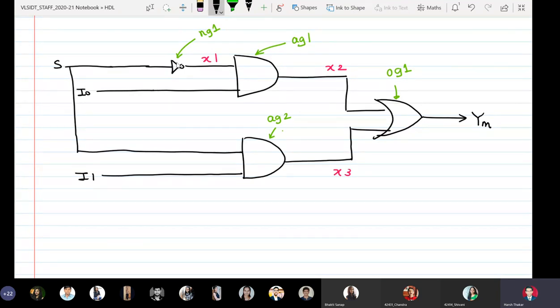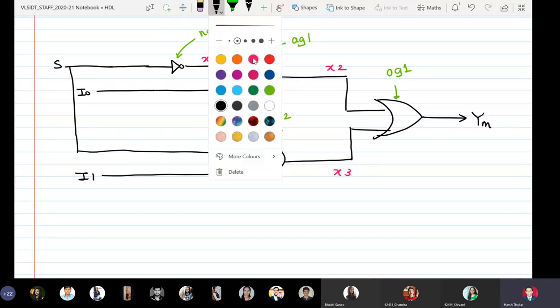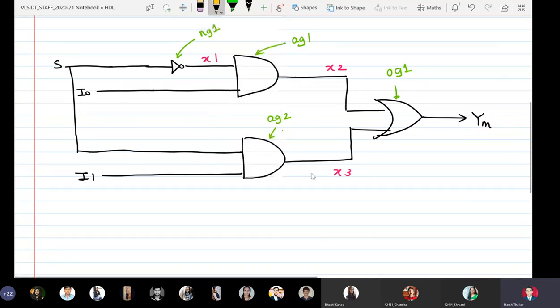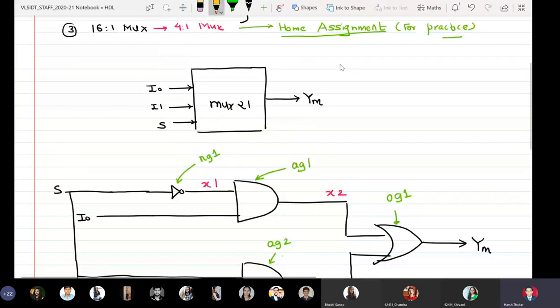S is there, everything is there, and what we will do is that here we'll define our components.